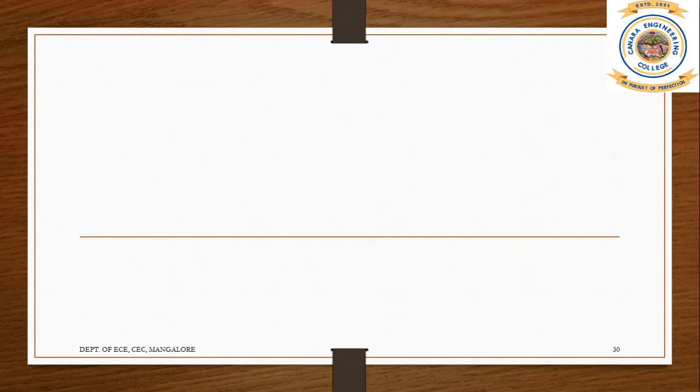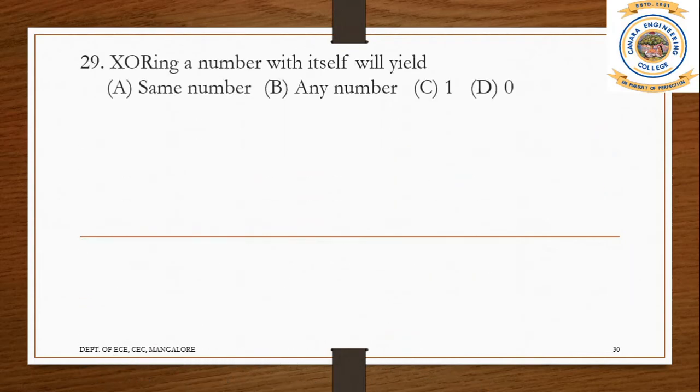Getting it? Okay. So the next question is a tricky question. You need to tell me what XORing a number with itself will give. XOR is a logic instruction present in 8051, so that's why this question comes here. This is usually a question related to digital system design or logic design. So if you XOR a number with itself, what will you get in 8051?